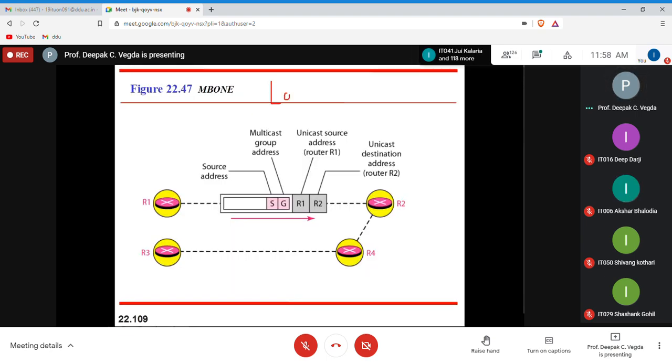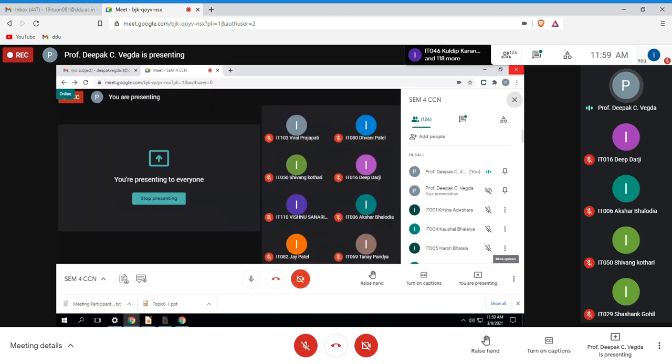I'm writing here, during my lab sessions I will try to cover all the remaining things of multicast routing, because I'll get time for it. So that's it with this.